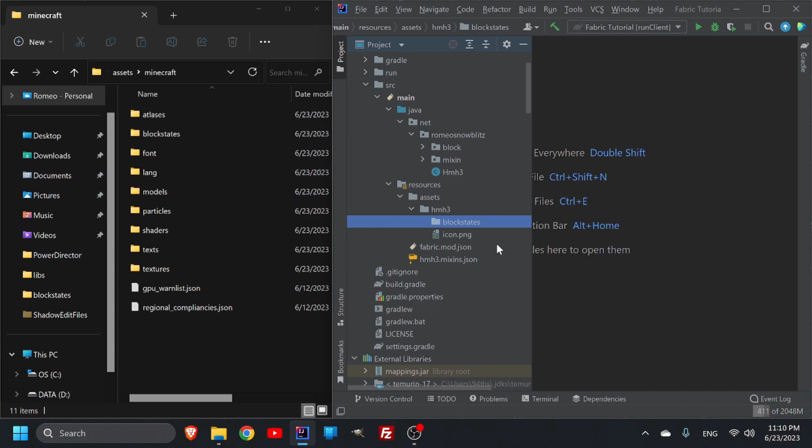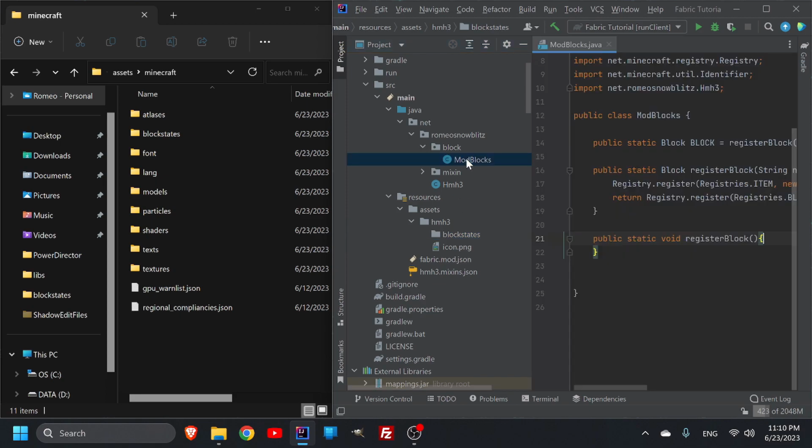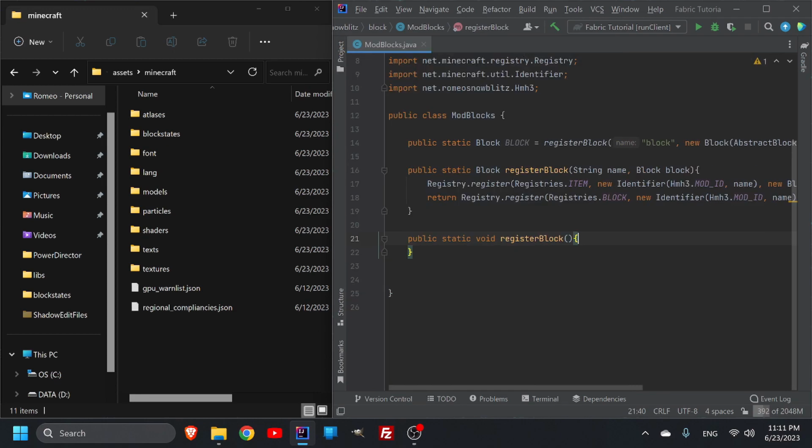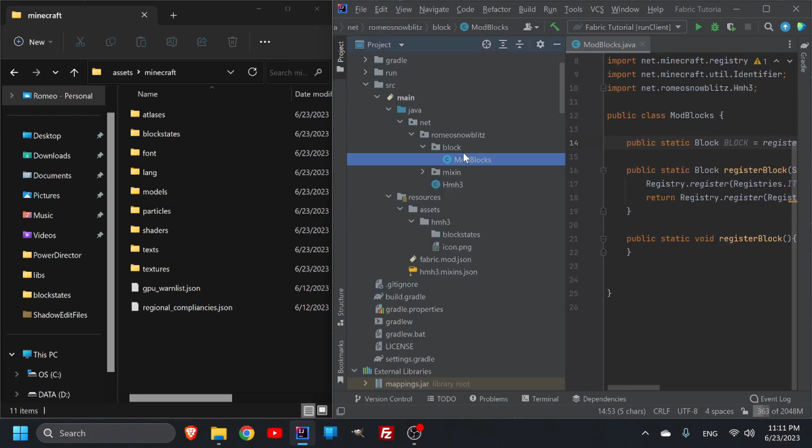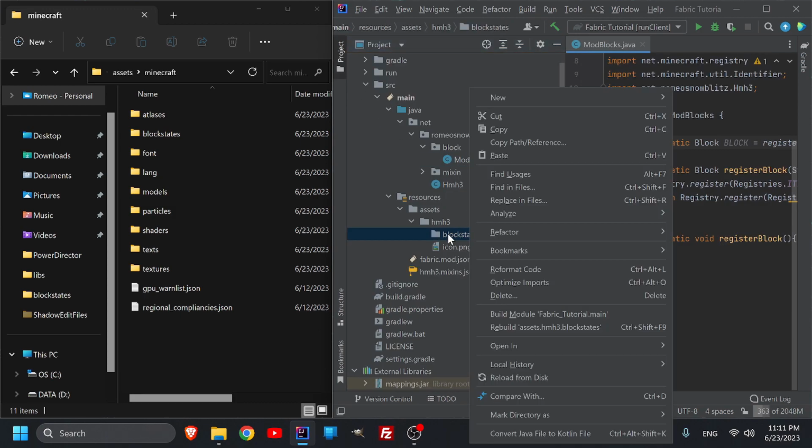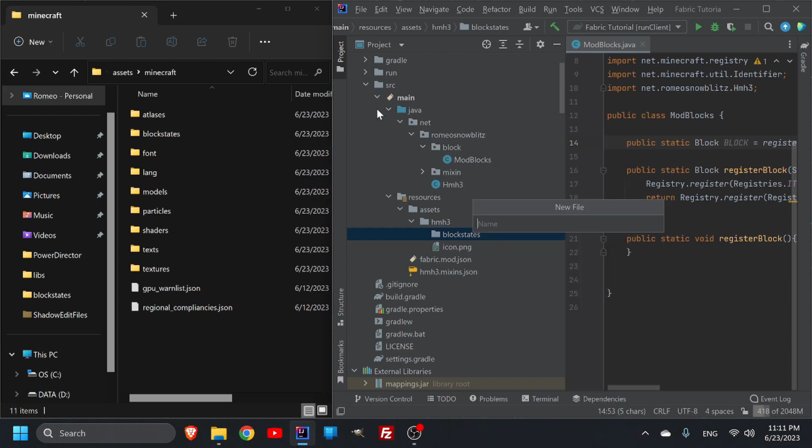All right. Now, that is so that the code knows where it's grabbing everything from, but inside of your block states, you're going to need to know the namespace of your block. And the namespace is basically this: what is the name of it? So if we just Control C, or I could type it out, it's really not that hard. We're going to make a new file, and we're going to call it that, but it needs to end in